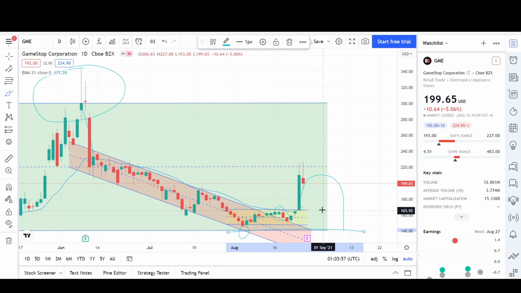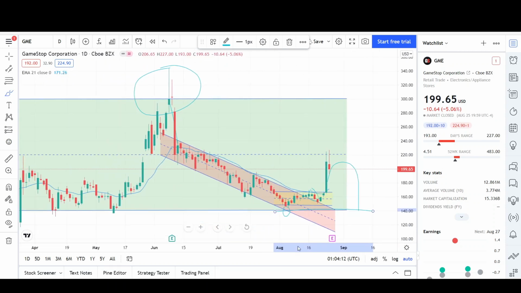Highly positive, we're probably going to at least test this breakout level around this 170 level, and then we're probably not going to stop right there. I'm pretty sure we're going to continue lower. I'll be surprised if we just stop right around here, this 180 level, and just continue higher. I'll be pretty surprised. So that's what I expect to happen, and I'm going to show you guys the weekly